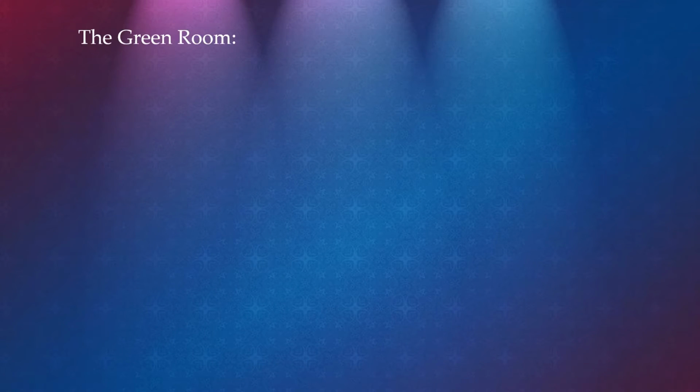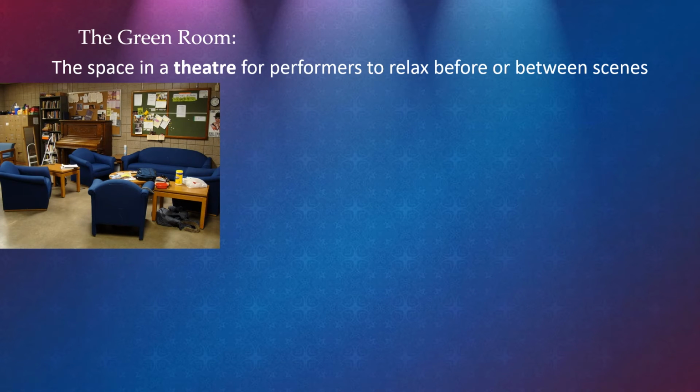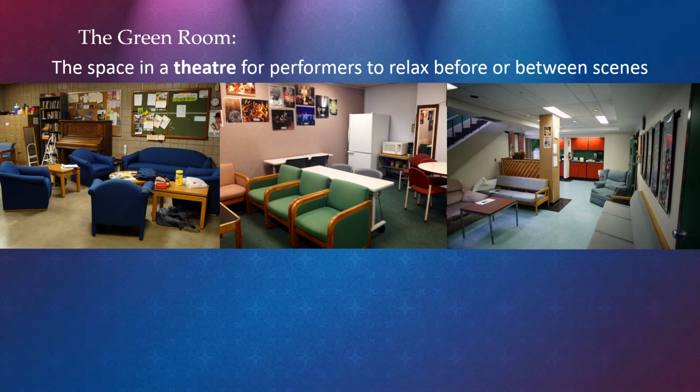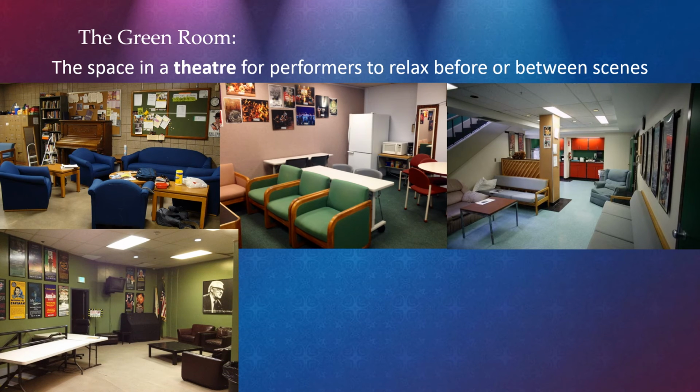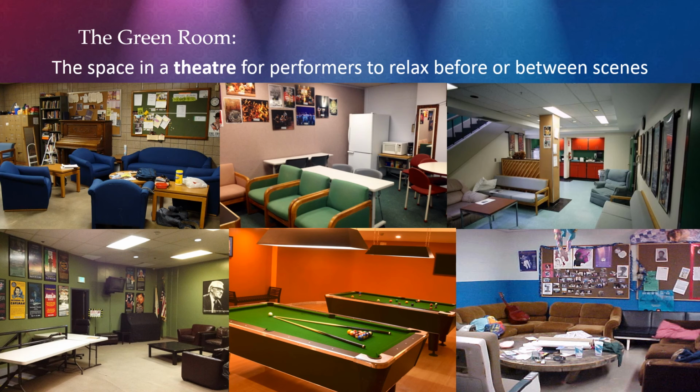In this last slide, we're going to talk about the green room. The green room is the space in a theater for performers to relax before or between scenes. It's basically kind of an actor's lounge. One interesting theory as to why it's called the green room is that they used to put billiard tables in there for the actors to play with and relax during their scene breaks. Because the billiard tables were green, they called it